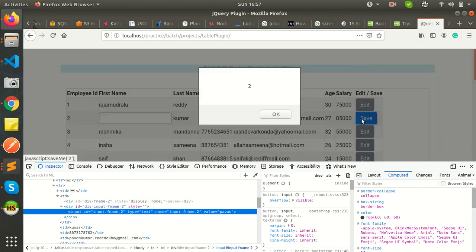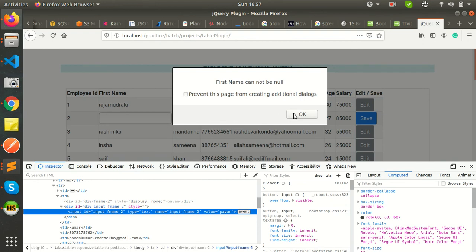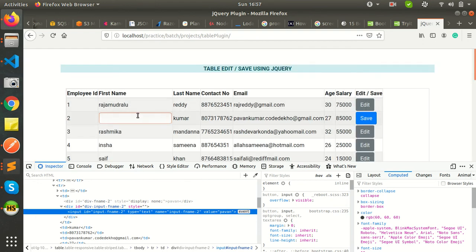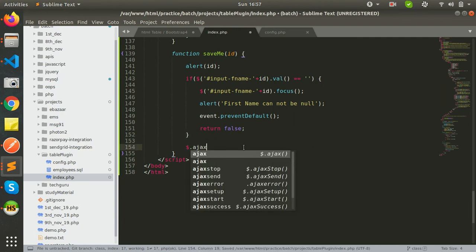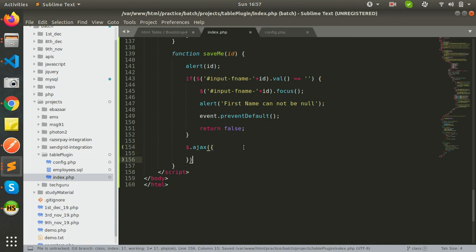Let's remove that. Name cannot be null, and see, it is pointing you here. So this is a good scenario. Post to that, we must use AJAX, $.ajax. Multiple parameters we must pass here. That is why the URL is create